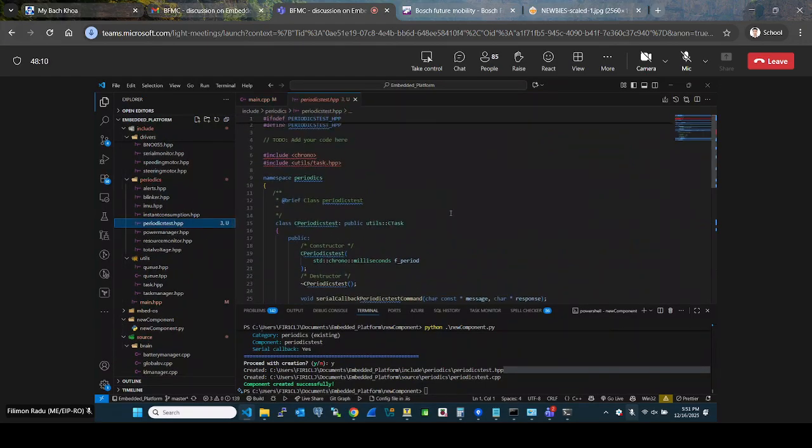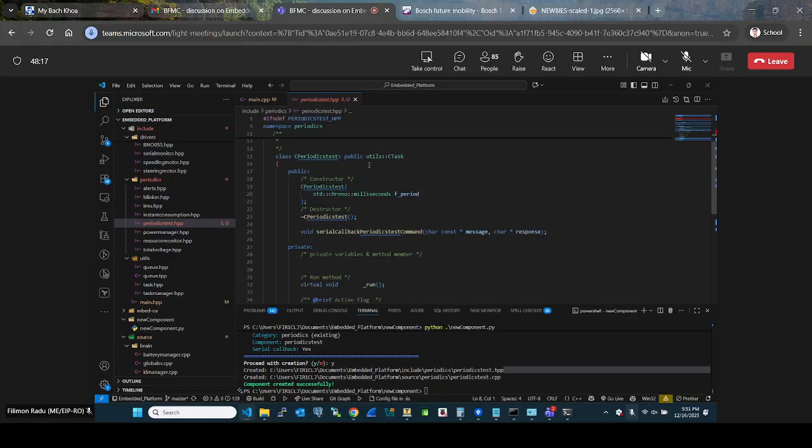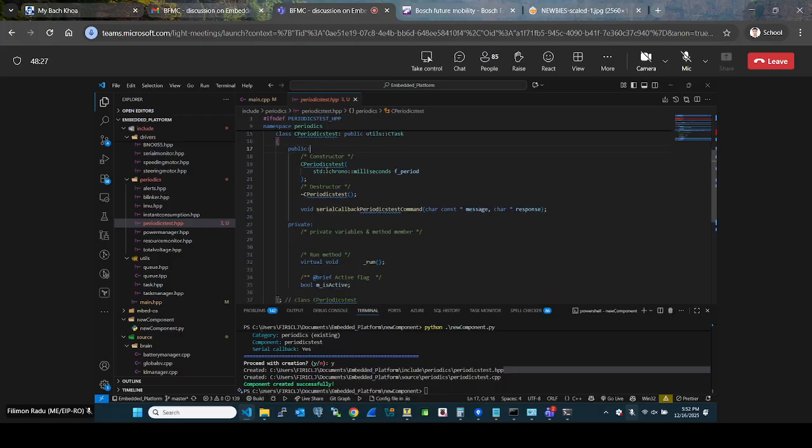The script already did the inheritance process. As I told you, all the periodics components are a child of the utils task manager class. It already defined the periodics,